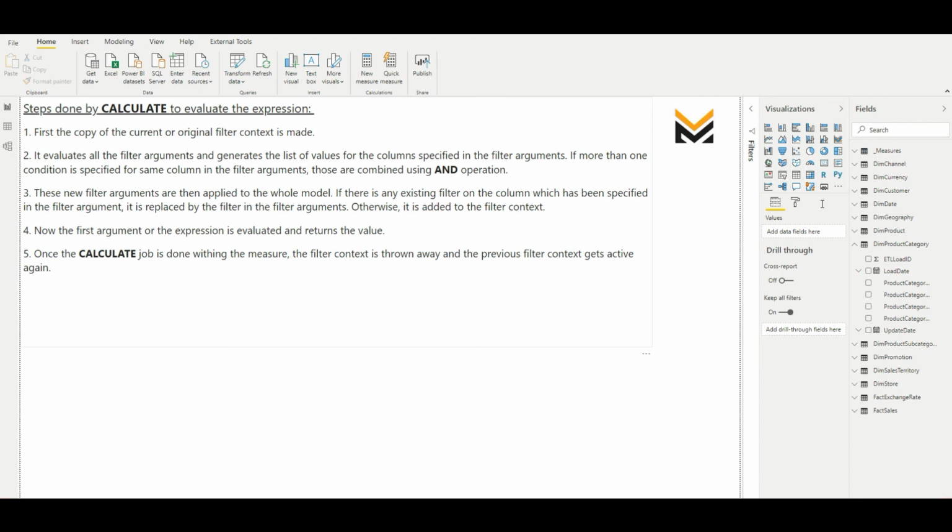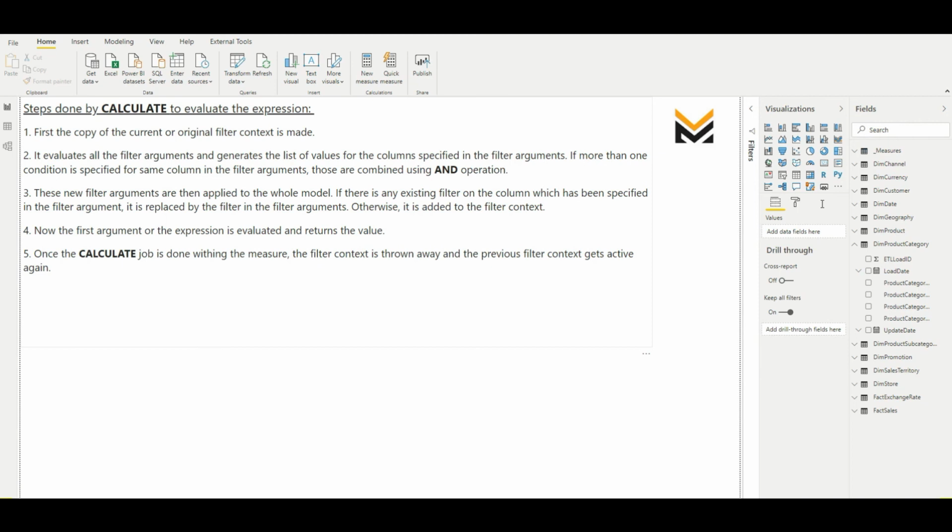Now the last step comes, the first argument or the expression. When all the filter arguments are ready and they have been applied to the new copy of the filter context, then within that filter context the expression is evaluated for that measure and the value is returned. And as soon as the value is returned, that new filter context is thrown away.